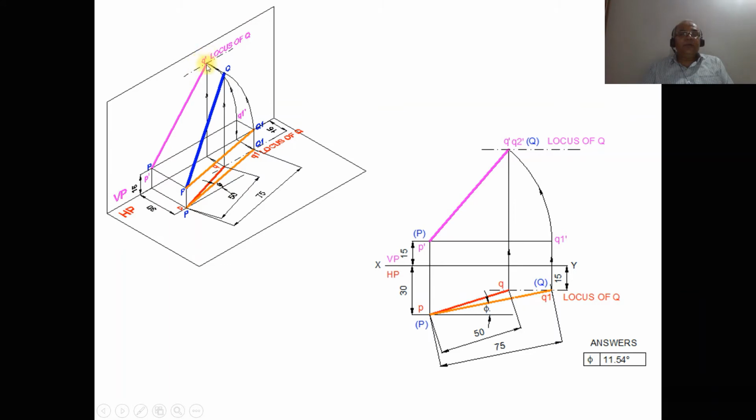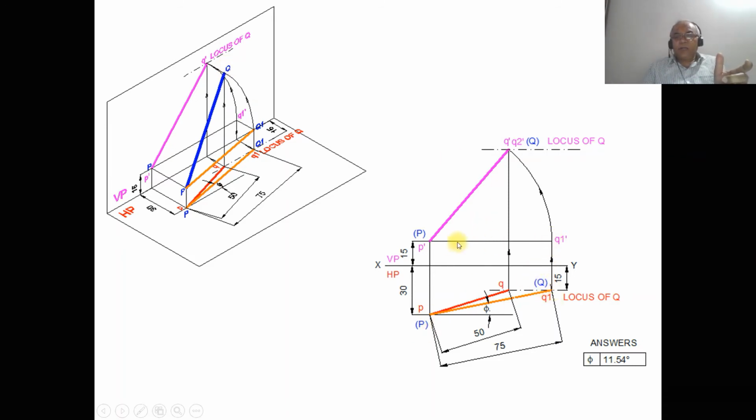So you get this P dash Q dash and draw a dark line here. That is what we have shown here. When you are rotating in the vertical plane, obviously the image in space is also getting rotated, so that Q which has been projected from here is going to touch here. So this is capital P and Q. This is how you will be able to find out the front view. That is what we have shown here.